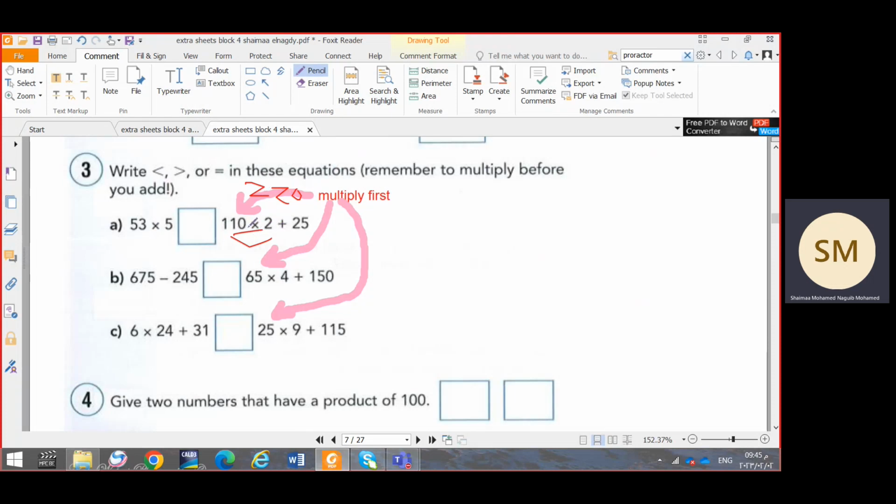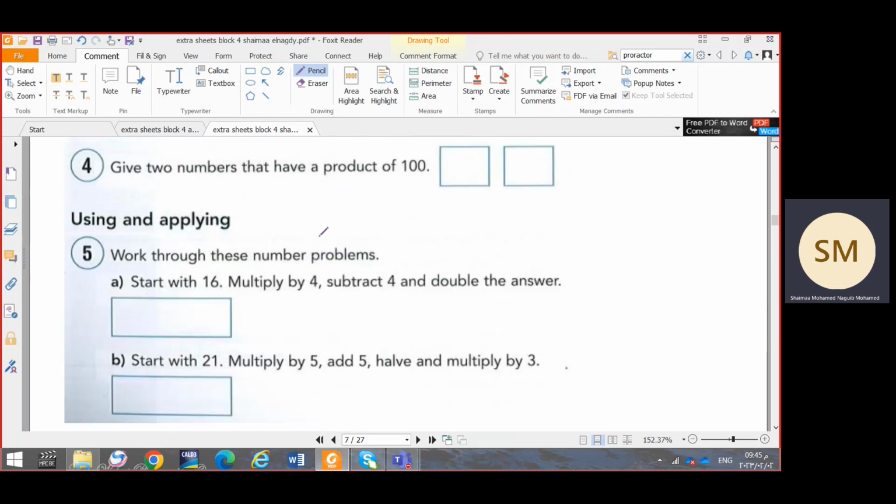When we have multiplication and plus, the first step you will make the multiplication then you will make the addition, so it will be 245. Okay, and you will find the answer here, then you will compare between the answers that you will get. Okay,